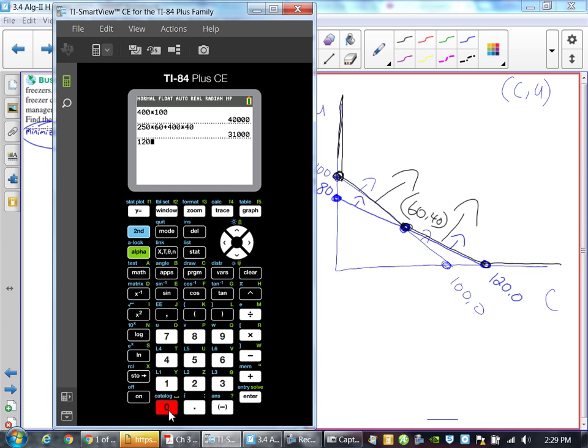Okay. Which to me, yeah, that might be the best way to minimize your cost value, but if you only have,